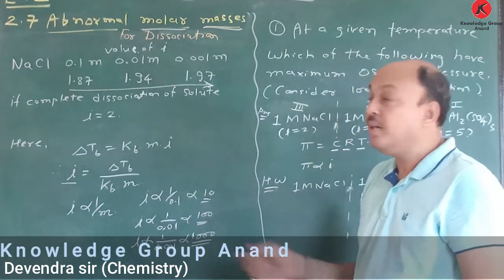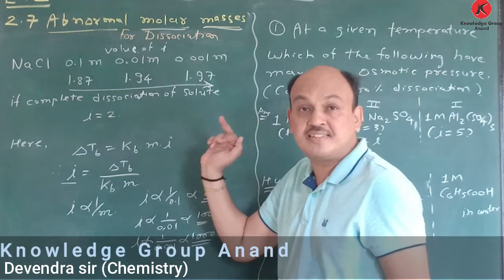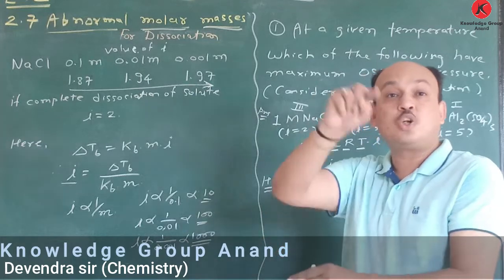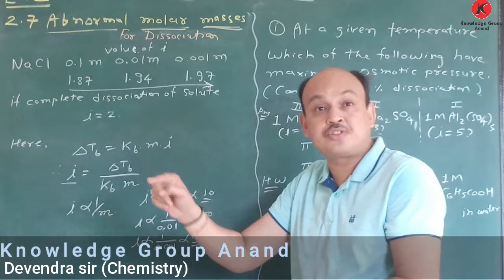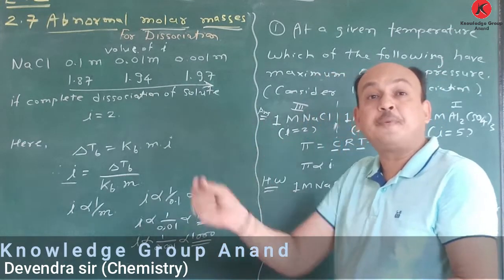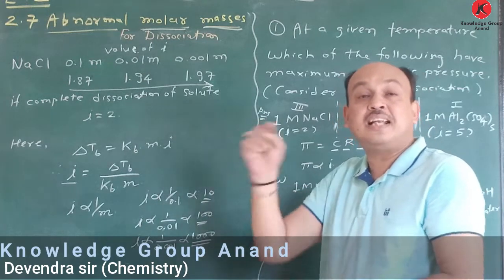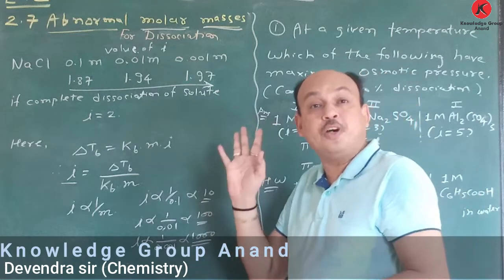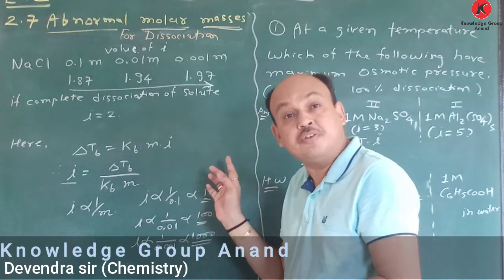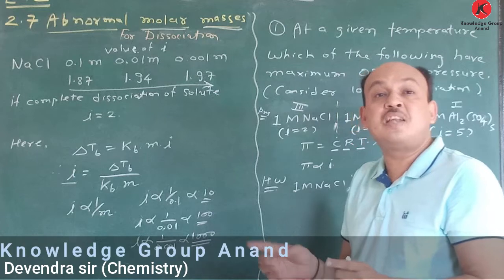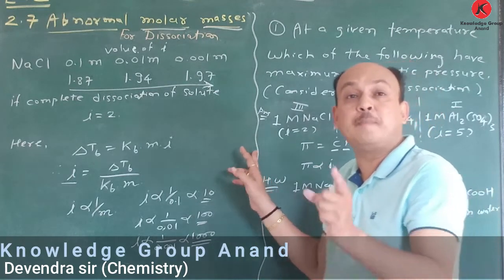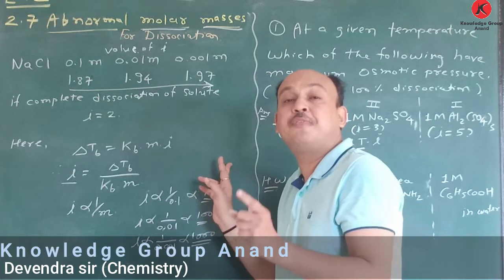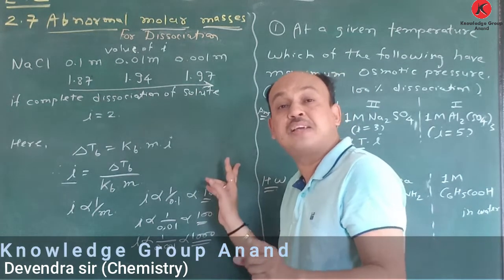Na2SO4, K2SO4. When ions increase, what does that mean? Na+ and Cl−. In the same way, Na2SO4 gives twice Na+ and SO4 2−, so here the i value is 3. Suppose we take Al2(SO4)3, then the i value is 5, because twice Al3+ and 3 times SO4 2−, so 3 plus 2 is equal to 5. The value of i depends on how many ions are dissociated and in what percentage. If you understood this, then it's very easy.